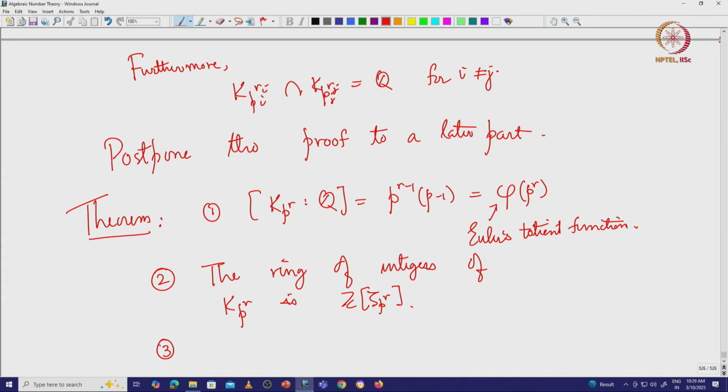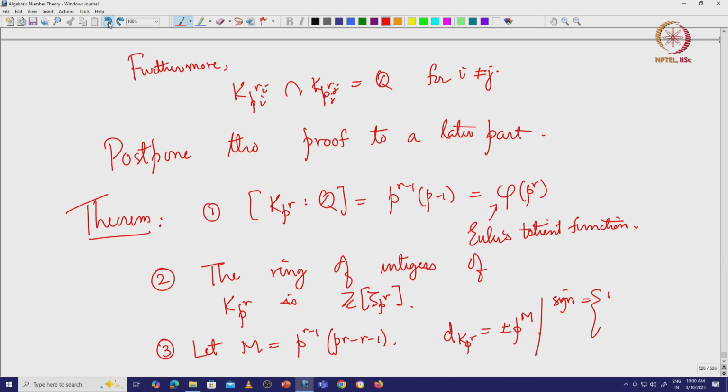Let m be this quantity, p^{r-1}(pr - r - 1). Then the discriminant of K_{p^r} is equal to p to the power m, up to sign, right. So, this is plus or minus p^m, okay. And when is the sign plus 1? So, the sign is plus,